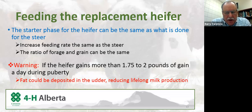If you're feeding the replacement heifer and you're starting with an animal that's in that 600 to 650 weight, 700 weight category for the heifer, you can start the heifer exactly the same as the steer. At that point, the important thing is to get the animal onto grain and onto the hay so that it's healthy and doing well. But there's a big difference between heifers and steers at that roughly 650 to 700